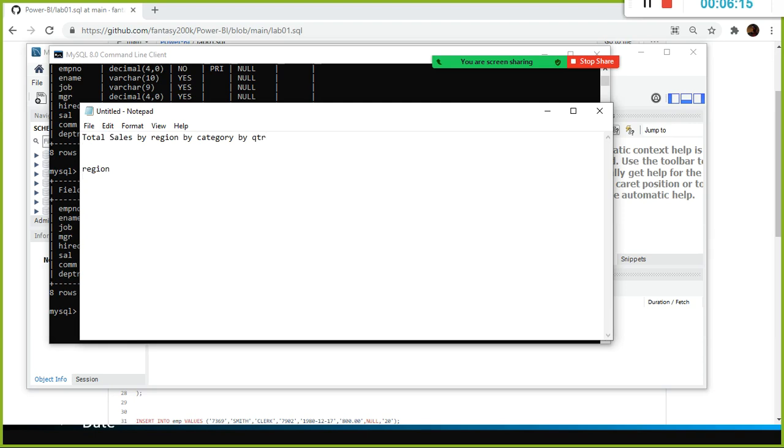If they ask you, what are the entities that you need to answer this query? You need to have the region table, the category table, and the date table. Don't worry, we'll explain why we need a date table in the case of Power BI. Even if you construct a data warehouse, you need a date table to perform time-based analysis. That's the reason why we call a data warehouse a time variant one. Anyhow, we'll discuss everything in detail. Okay, so region, category, date table.